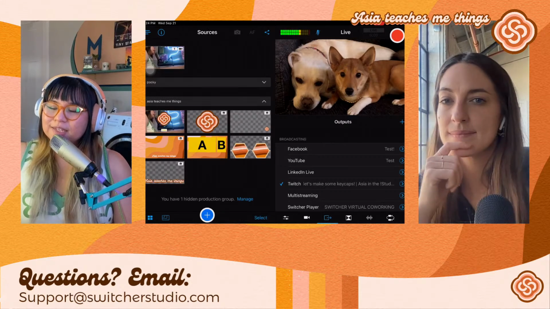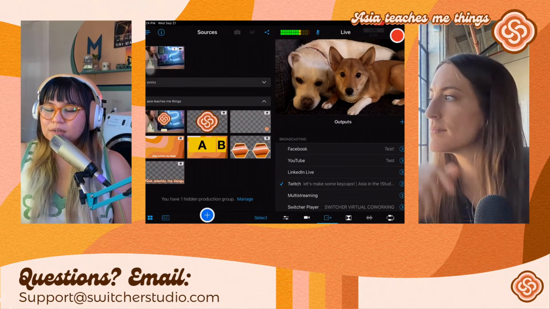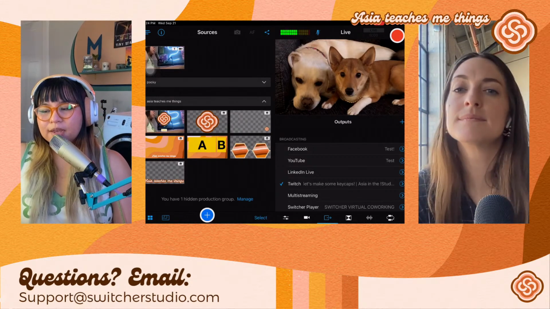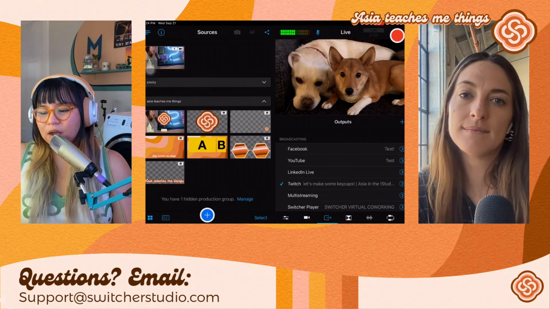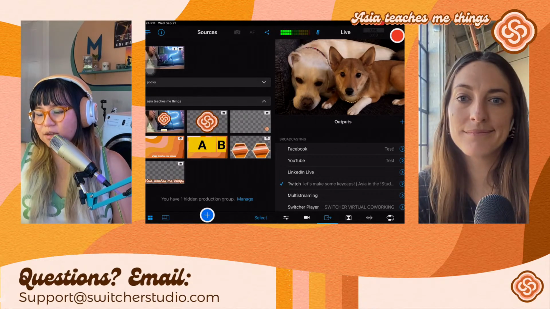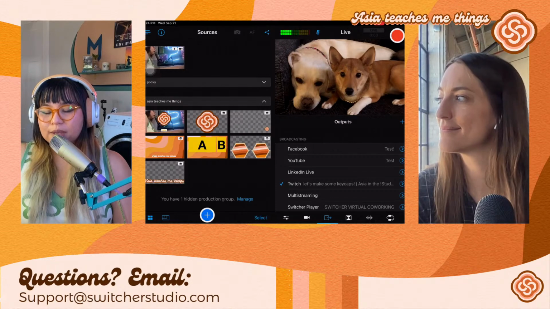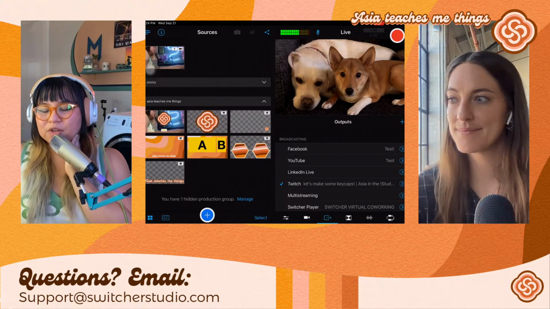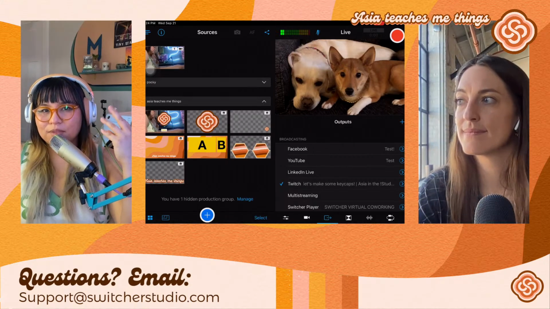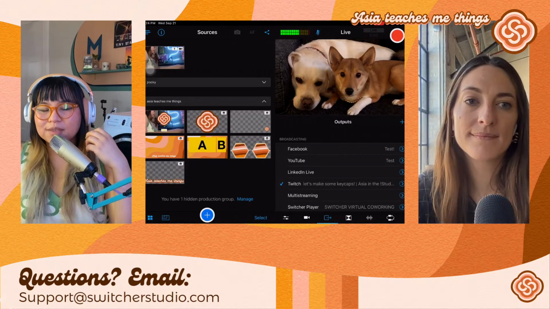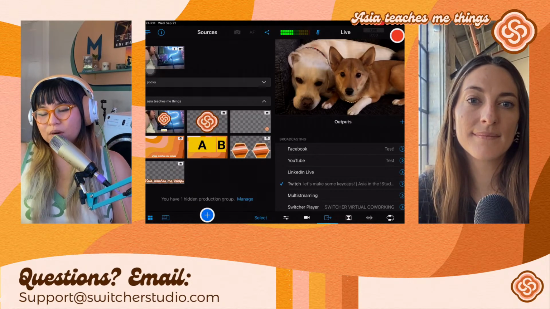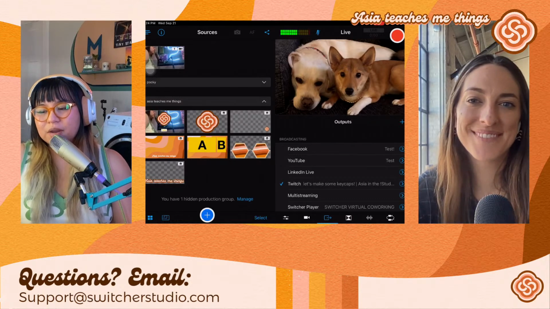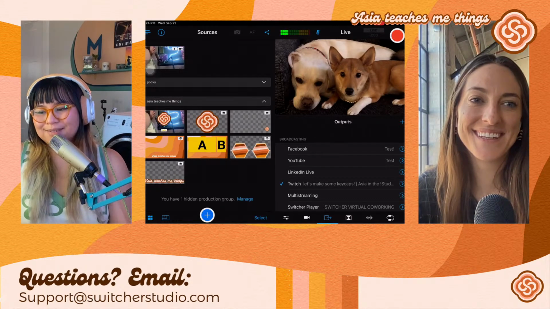There's not an integration to bring Clubhouse into Switcher, but you can always use iOS screen share, depending on what your use case is. I'm sure someone can send an article in the comments about how to do iOS screen sharing, but that would be my suggestion. Are you just trying to get the comments into your stream for your use case? There's not an integration, but iOS screen sharing is where it's at.